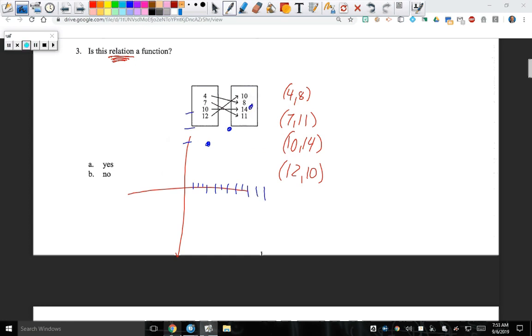And then 11, 12, 10 is about here. So you see it passes the vertical line test. So is it a function? It would be yes. Another way that you could have seen this is that no